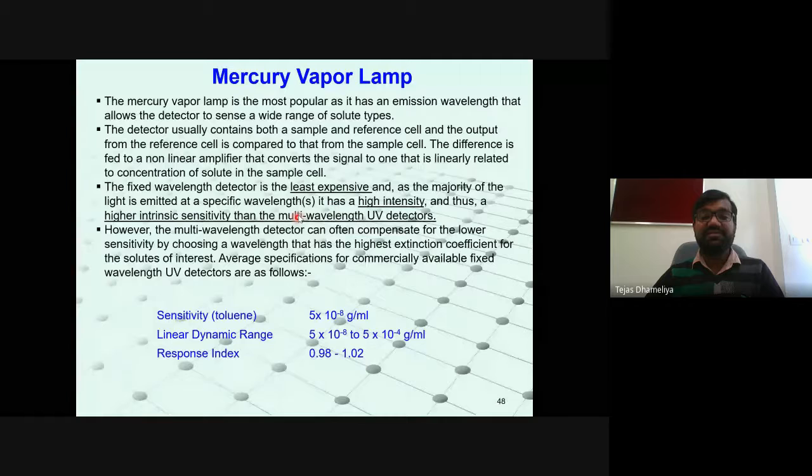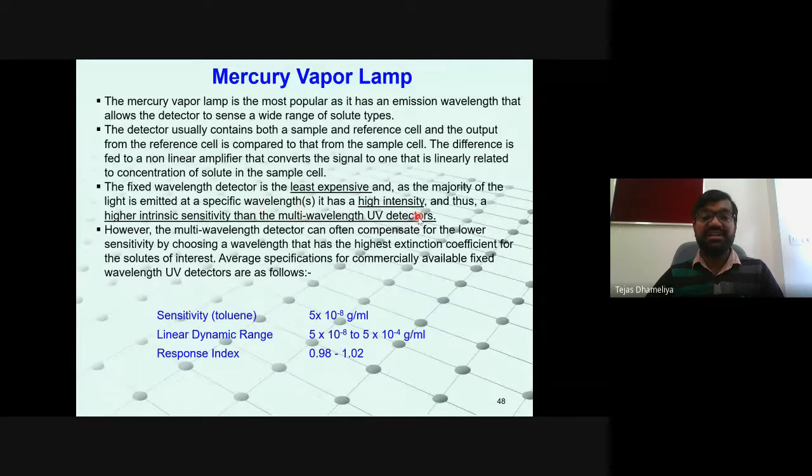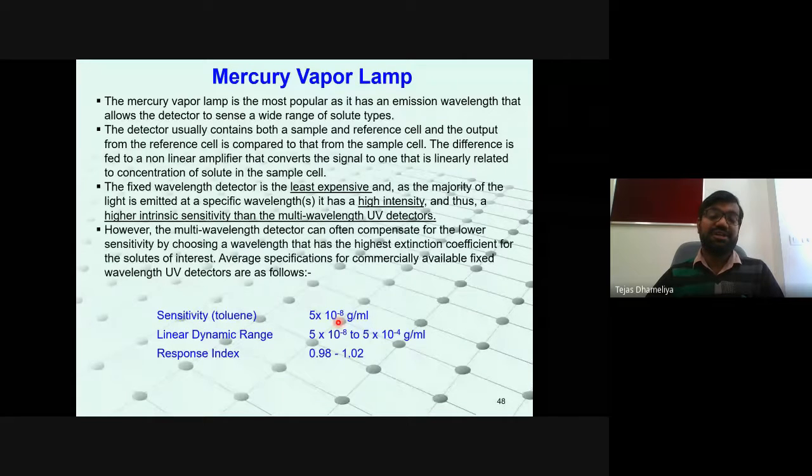The fixed wavelength detector is the least expensive and has the highest intensity. You can see the sensitivity value given, maybe 1 nanogram per mm, 0.5 nanogram per mm. That is the sensitivity of this device, and that is the advantage